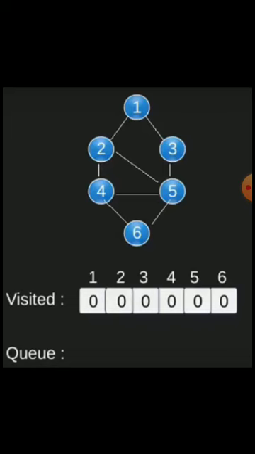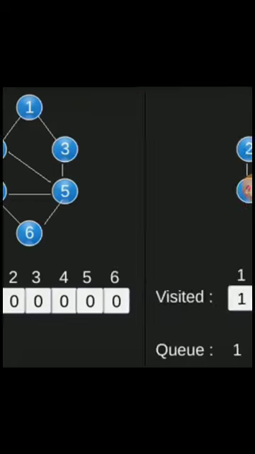As you know, the property of a queue is first in first out, and you require a printed list, in which printed nodes will be kept. And in the queue, whenever we are picking up a node, you have to pick up the first item, and you have to insert the adjacent elements at the rear. So we are going in detail.